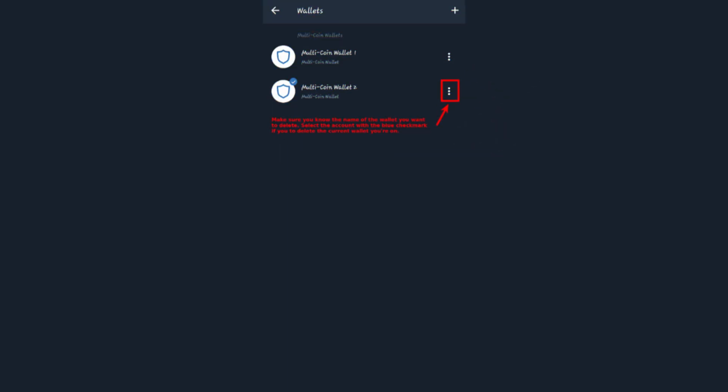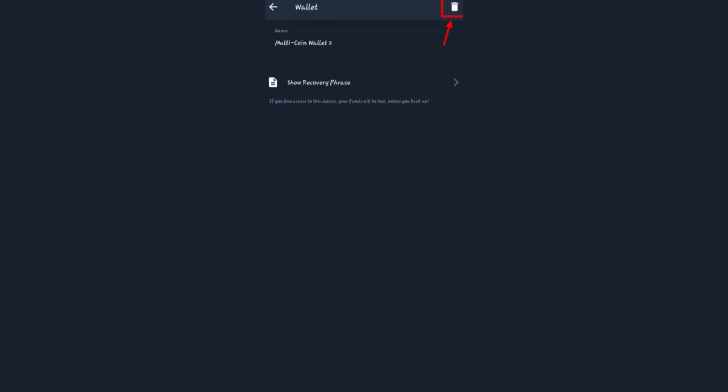Now you'll be taken to a screen showing the details of that wallet, like the name and recovery phrase. In the top right corner, tap the delete icon. Before you delete anything, make sure you've backed up your recovery phrase. This is extremely important. If you delete your wallet without saving that 12-word phrase, you'll lose access to all your